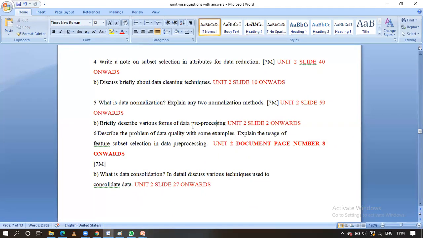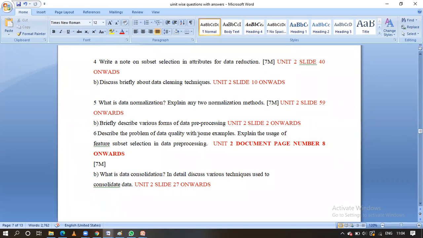While writing the examination, guys, the most foremost things are diagrams as well as subheadings. Don't forget those things, guys, diagrams and subheadings. Those are the foremost things we have to write down. And the next one is